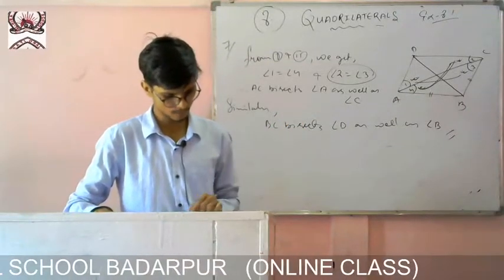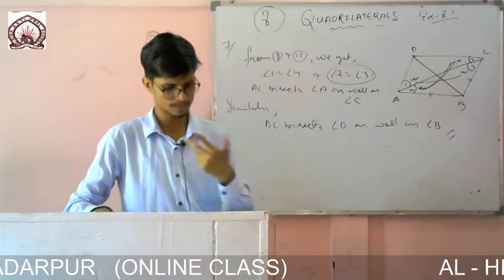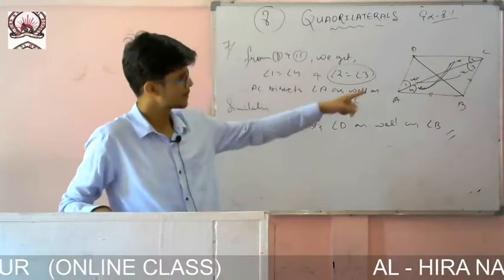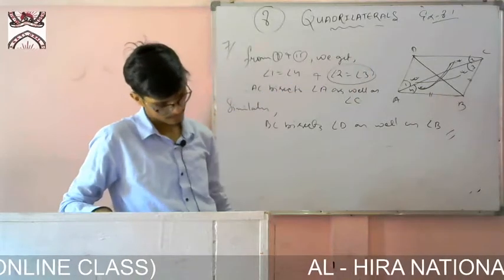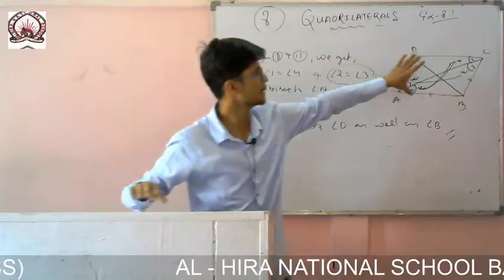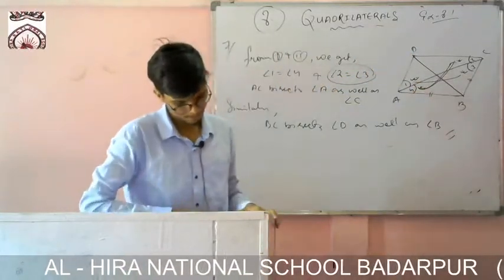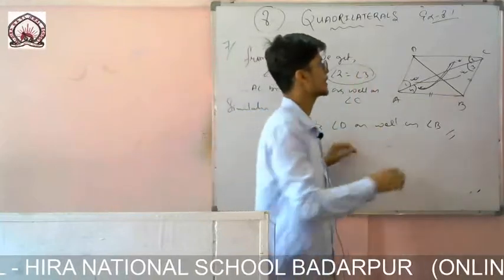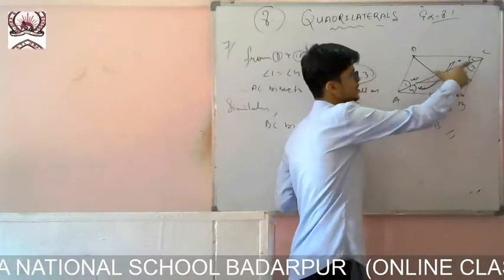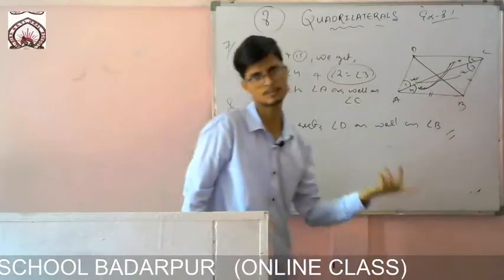You can see, first of all, what I will write, that since ABCD is a parallelogram, that means the lines are parallel. If these lines are parallel, this way you can relate the angles, that is angle 2 will be equals to angle 4 by showing these two lines parallel. So these two are alternate, these two lines parallel, these two alternate. Okay, so later on you can compare them and you can show like this, that angle 4 is equals to angle 3. If 4 and 3 are same, that means the opposite side also will be same.